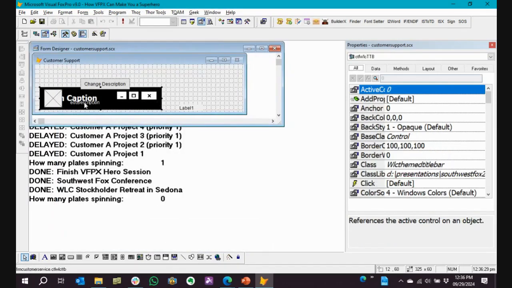All you do is drop this component onto a form, doesn't matter where. It will automatically adjust your controls so that they're in the same relative position, and it will create the title bar much higher than the standard Windows title bar that you get on a standard Windows form.